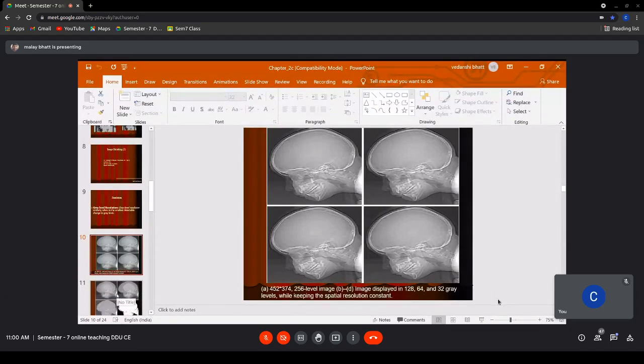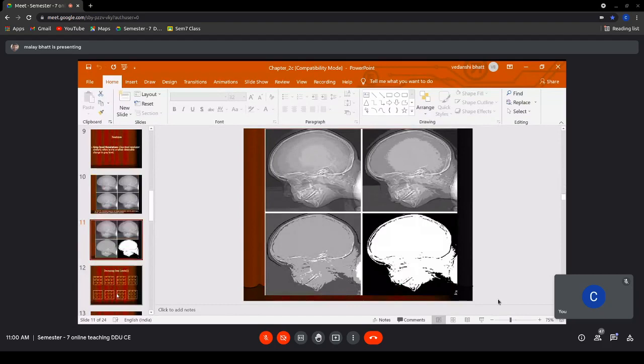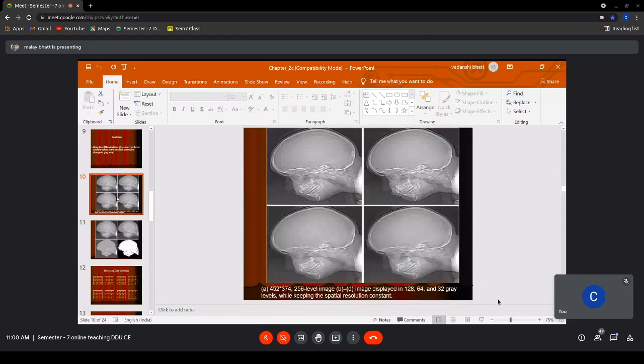But if you go for further reduction in the gray levels, here you can clearly see these false contours. So it will look like a tumor in the head. When you go to 32 gray levels in this image, you cannot see any minor change, right? You cannot detect that change.